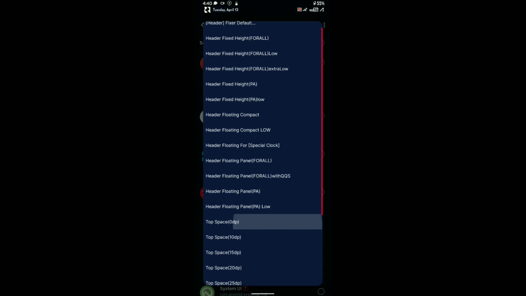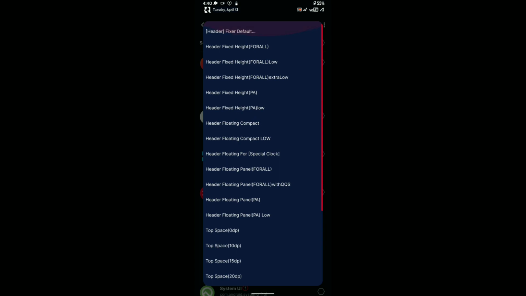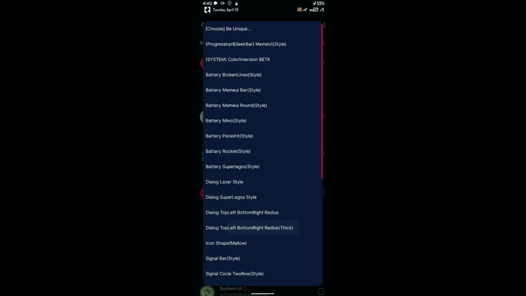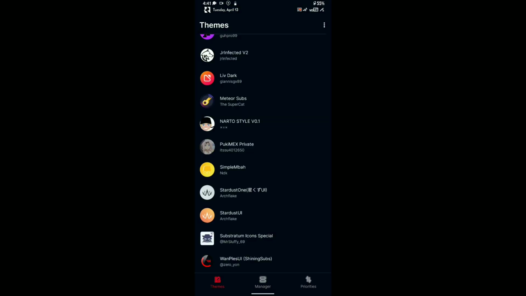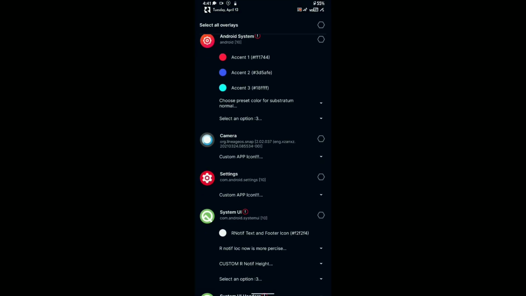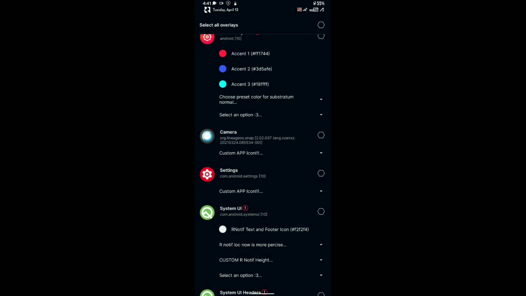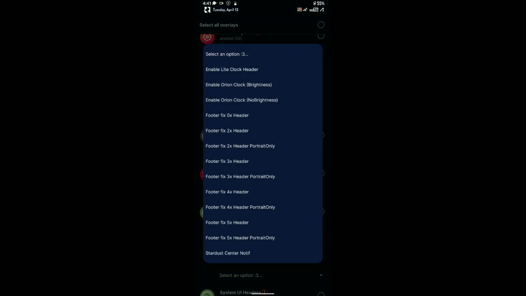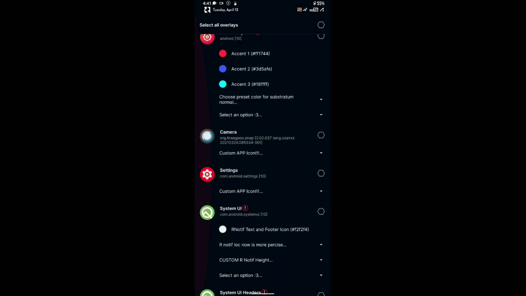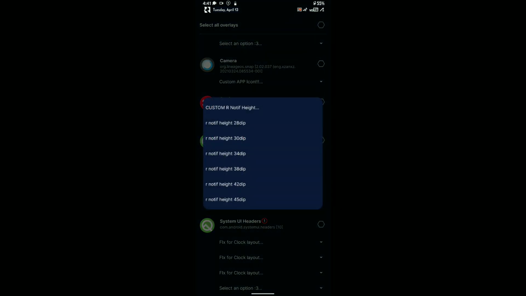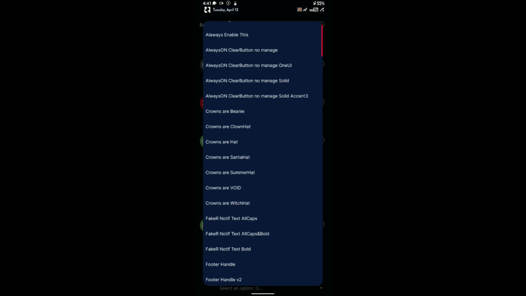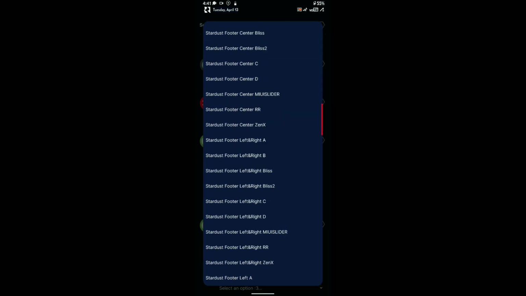SIS or Substratum Icon Special is also like Fake Immersive, but this includes some nice looking setting styles, clock styles, lock screen styles and more. Then comes Stardust UI, which is for all devices and it has some nice looking header and other things like that. But wait Jack, you said this is for Nusantra, LTS and EOL versions. No, this is for other devices too, and this one is Stardust UI, whereas that one is Stardust 1, which is for Nusantra, LTS and EOL versions. Both are completely different APKs.